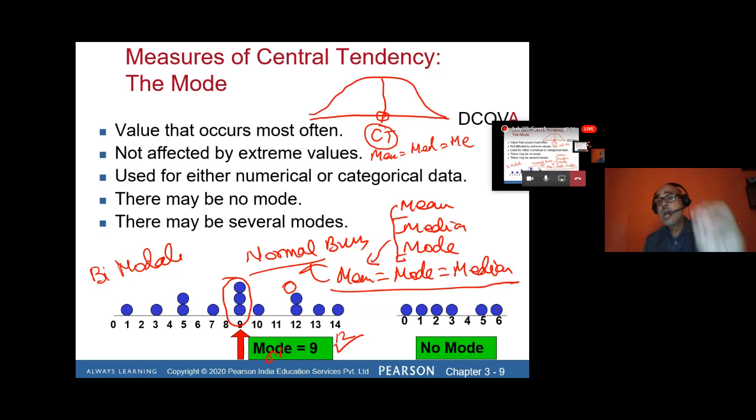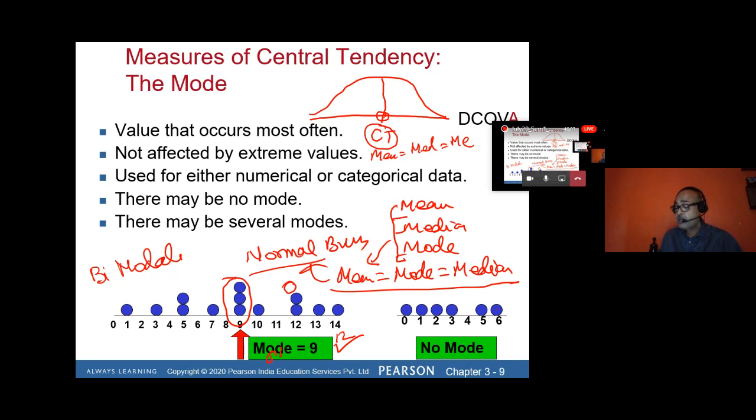We will explain how you have to calculate, and the formula for calculating mean I have already explained. How to calculate mean, median, mode, with illustration, is in this particular chapter. If you refer page by page, you will find the formula we have given, with the illustration also. So please refer to each and every page from page number 85 onward, and some exercises I have given on page number 86.